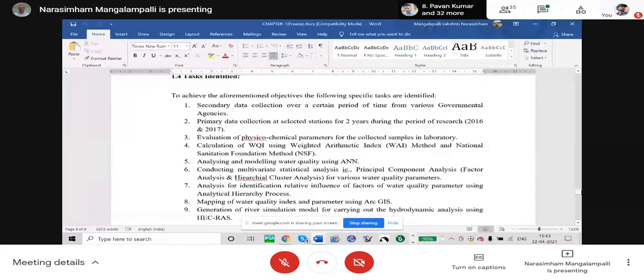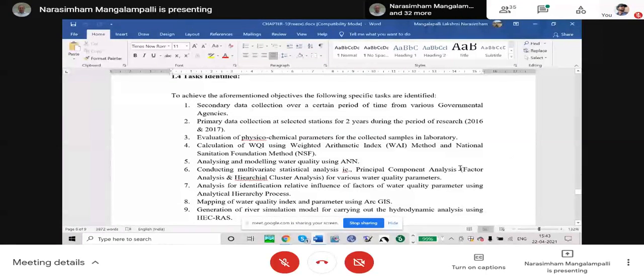So, you have formulated a project problem and then identified the research problem, that is the research design. The research design in this case is water quality, spatial and temporal variations of water quality for a certain area, and using multivariate statistical approaches. So here, based on that, the objectives are defined, the sub-objectives are defined, and then the tasks are listed.